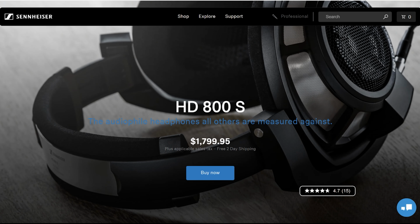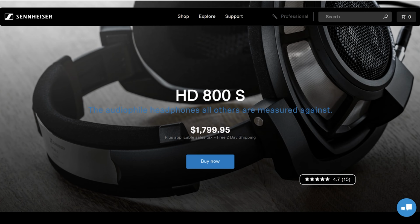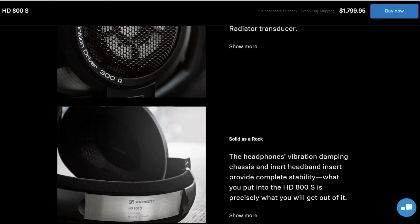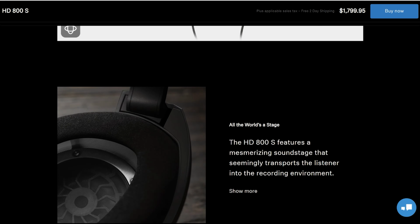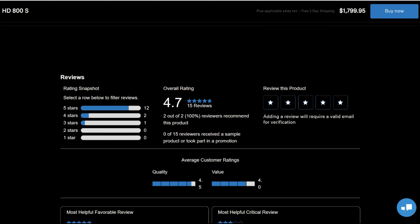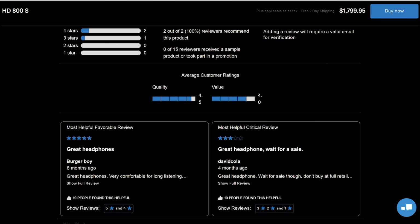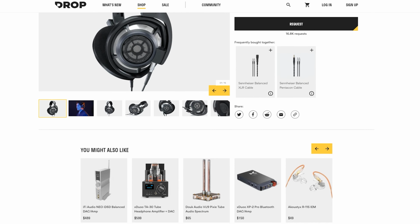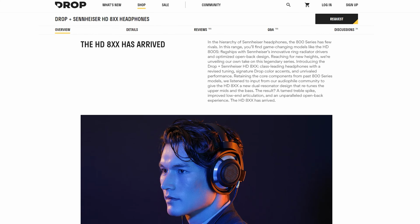There's a reason why the Sennheiser HD800S was and is still a popular headphone among enthusiasts. Close to a decade since its release, even longer for the OG HD800 if you consider that, it's still at the top of the chain for soundstage and imaging, which in my opinion are two qualities that can wow people. The HD8xx, released in 2022 as a collaboration product by Sennheiser and Drop, was an even more compelling option, since